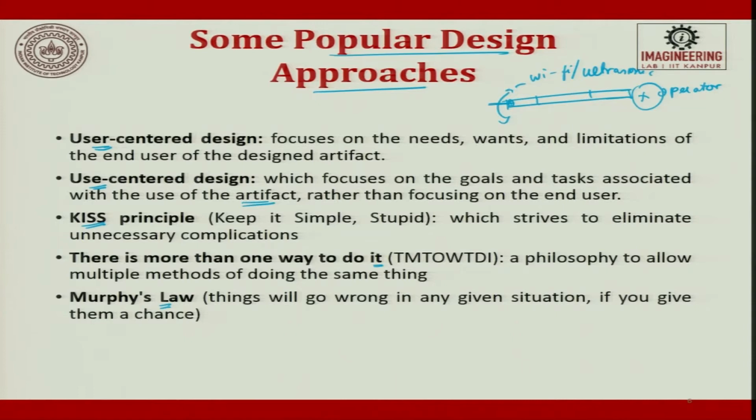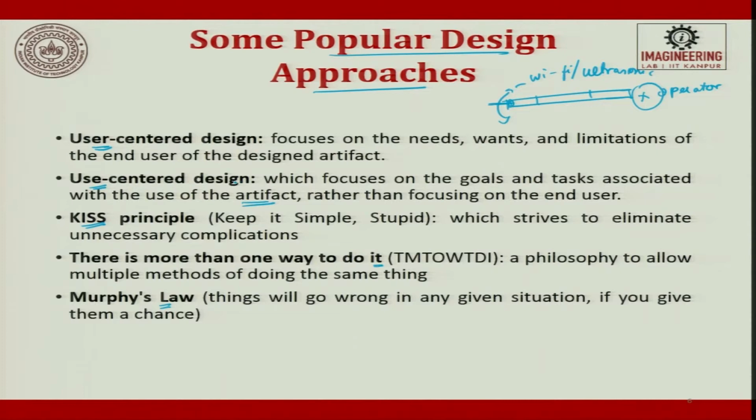So, what is the function of the weight? It is to hold the papers. Now, when we try to replace it with polymer, the polymer has a lesser weight, and now what people have done is people have taken that polymer, then they have filled sand on top of it. So, now you see that the polymer will fly off. Polymer is economical to make and it is also easy to maintain. So, now what people have done is converted that polymer, made a small slot, added sand to it and made it more user friendly. So, that is use centered design. Earlier it was man based, now it is use based.